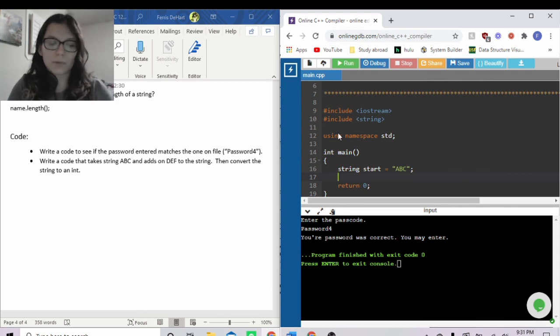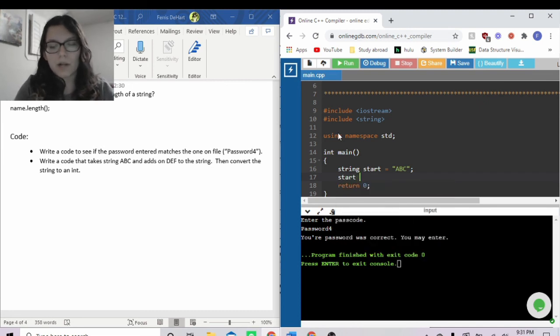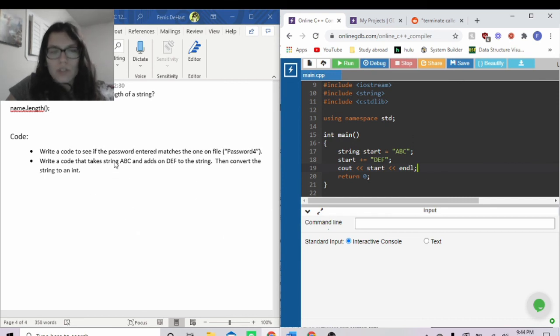And so like I said, we can do this multiple ways. You can use the append function, but I'm going to do the plus equals just because I think it's easier. And then we got to add on DEF. Okay, so when I wrote this question, I actually forgot, but you can't actually convert a string of letters to an integer like this. You can only convert a string of integers to an integer, if that makes sense. So we did a cout start to just print the appending of a string, and what we can do now